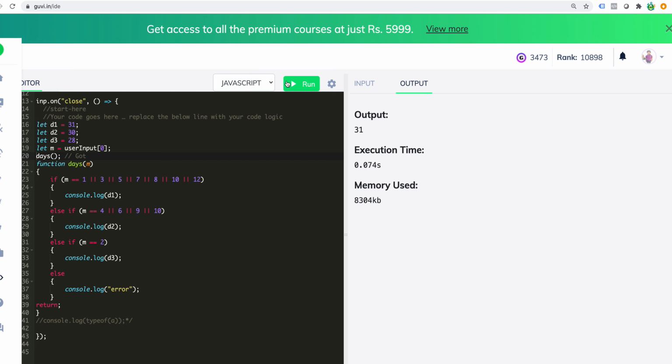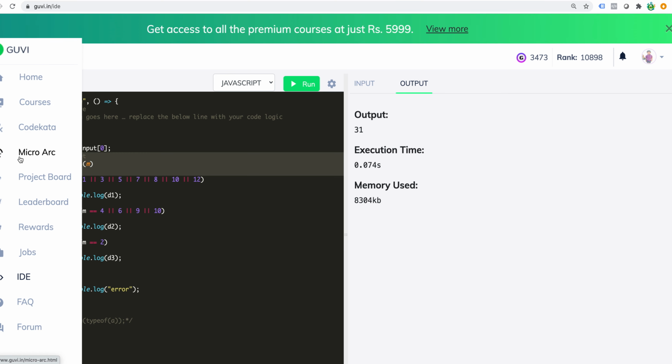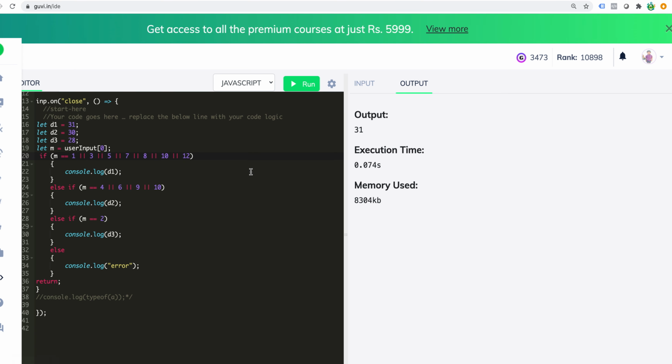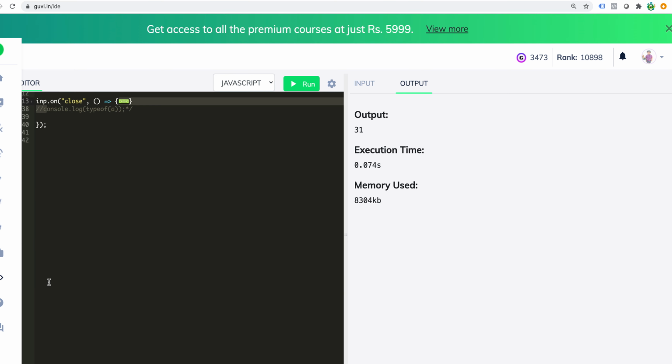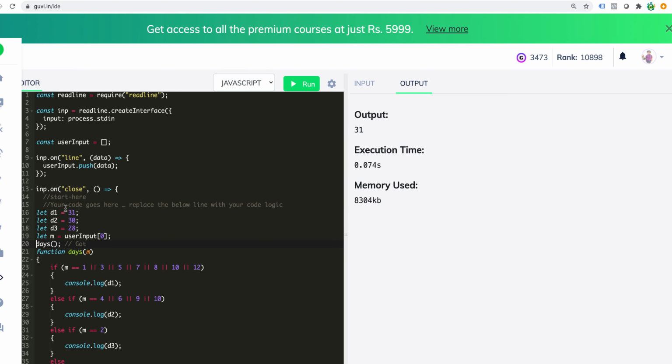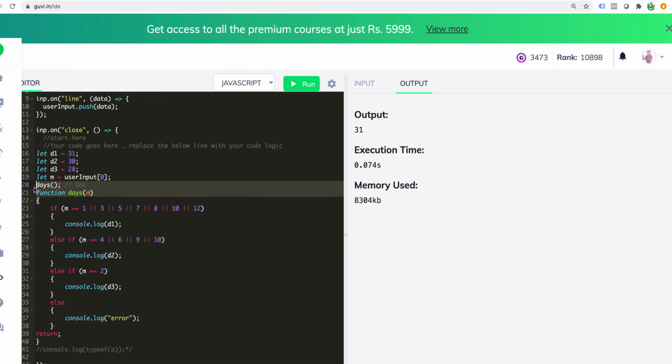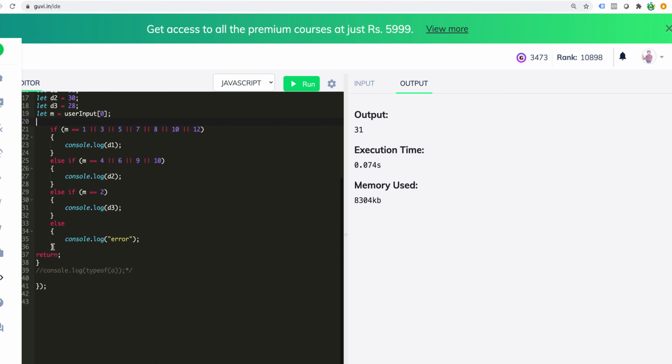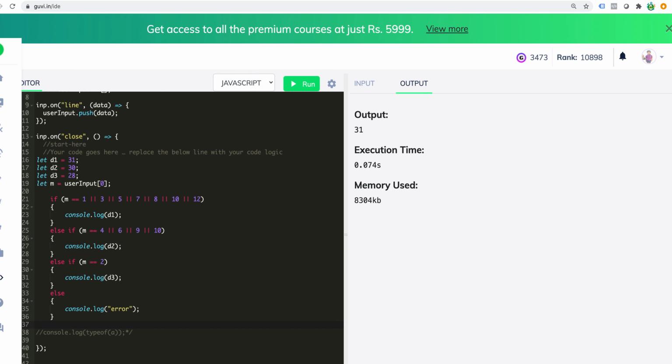So the next question is, does it always need to be a function? No, not necessary. A function is good to have, but it doesn't need to be. So I am removing the function part completely, including the return statement, and I am going to keep only the if-else part. Let me delete the function stuff because it is unnecessarily confusing. So now it is a simple if-else part. Now we have made the problem statement simpler.